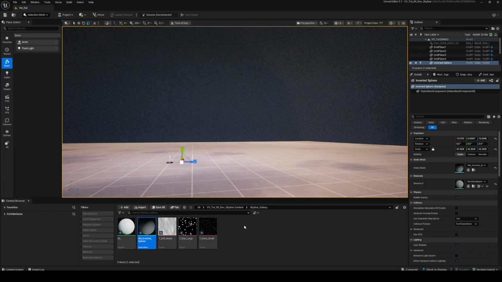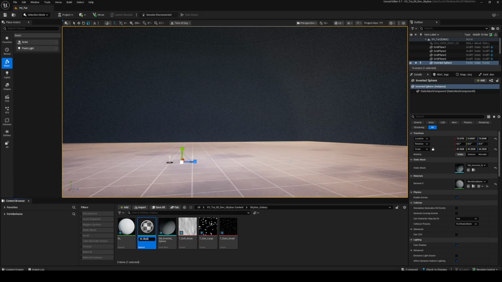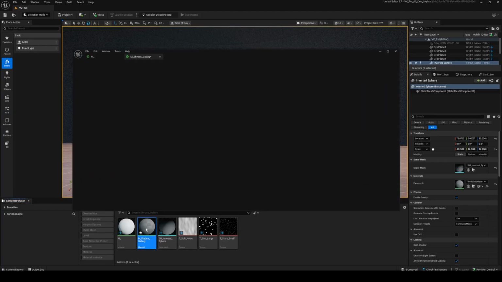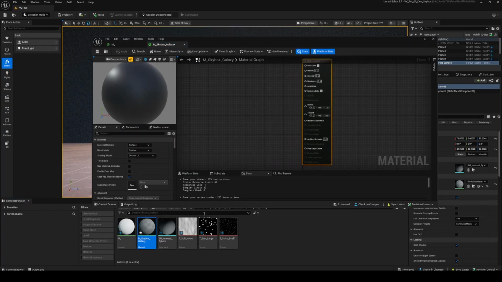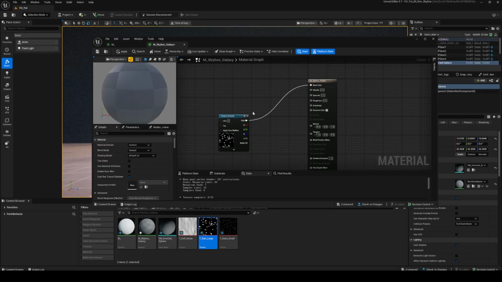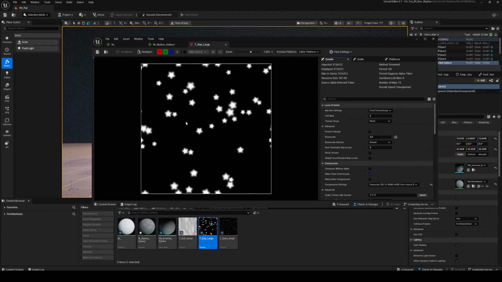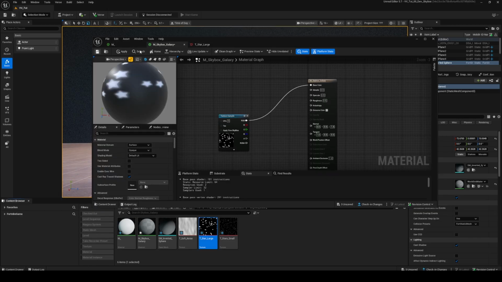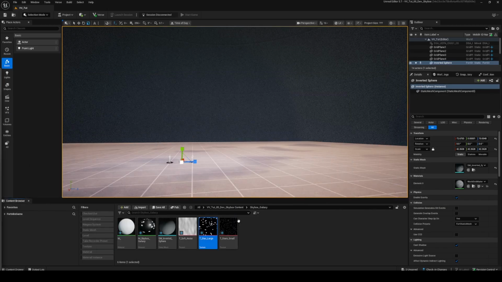You can scale it up or down as much as you want, and then we'll make a new material here, and we'll call this m_skybox galaxy. So let's open it up, and let's take our stars, and we're just going to plug our star texture in so we can look at it here. So we've just got a couple of little stars scattered around. Take our star texture, we'll save it, and we will apply this new texture, drag and drop onto our